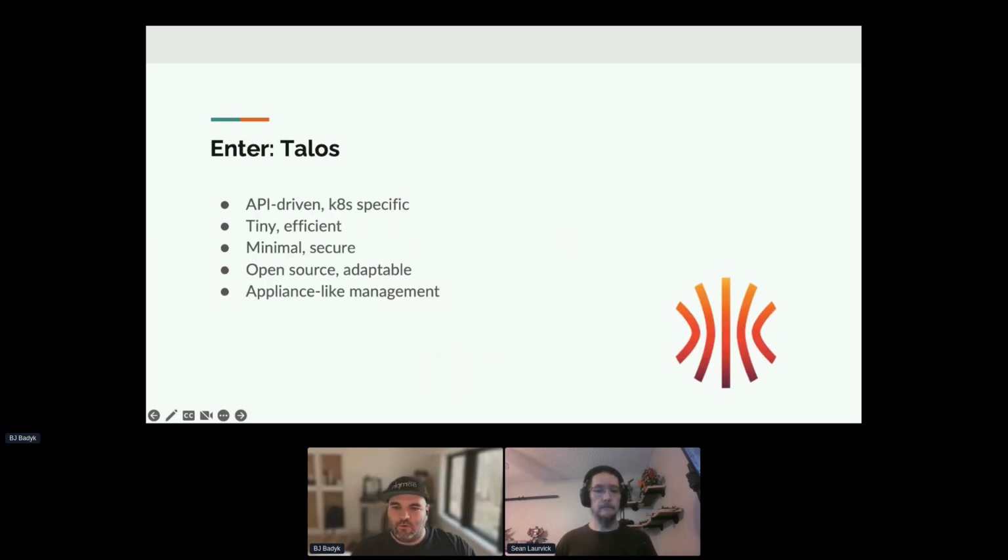So at that point, we decided to give Talos a shot and just start out with the how-to, figure out how to install it, figure out how to bootstrap it, understand how Talos talks to its own nodes, how you configure a box to be a control plane or a worker. And obviously, a lot of the reasoning behind why we chose this was because we're big fans of cattle, not pets. We don't want to deal with these disparate machines failing or having to rebuild an etcd node or deal with all the management overhead of these pet cluster nodes.